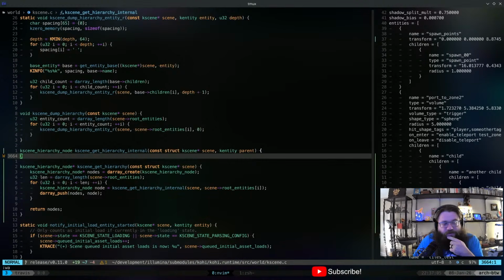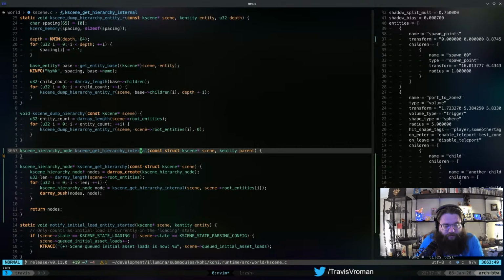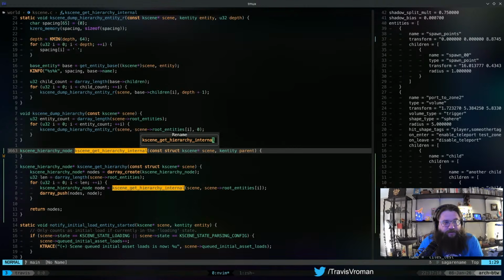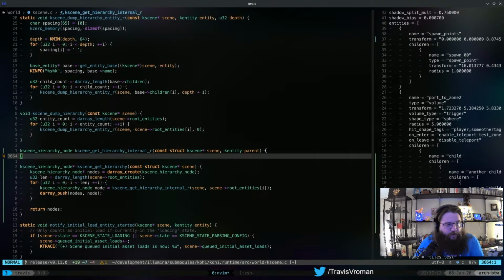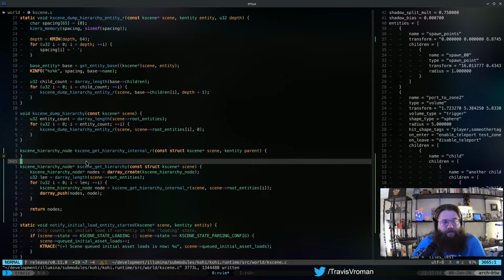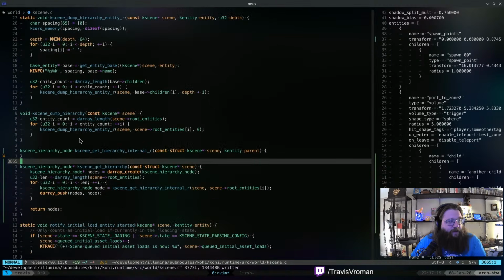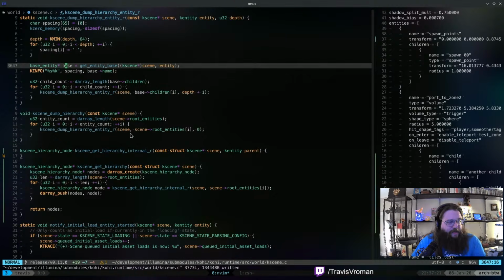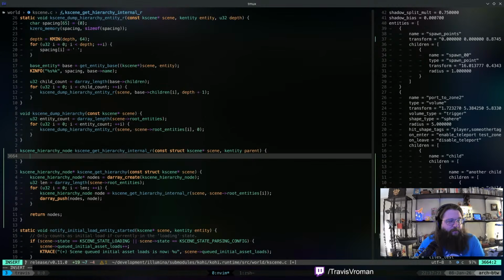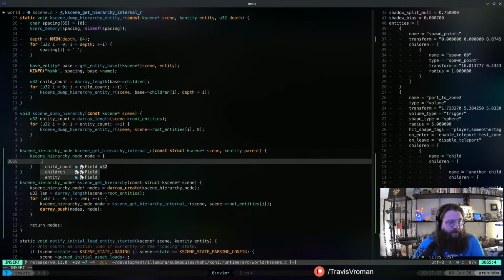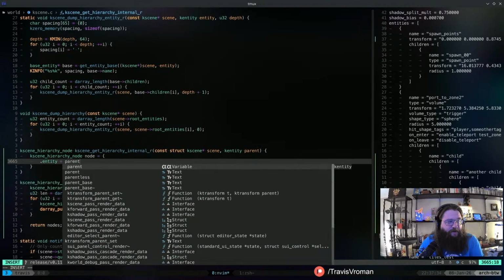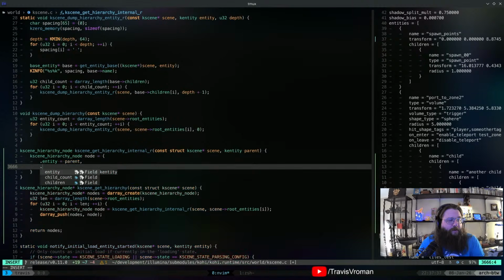And then essentially we're going to do the same thing here. In fact, I need to rename this. I like to do _R for recursive functions, right? Just to kind of make it obvious that that's what that is. Okay, so in this case, we are going to do a K-scene hierarchy node, and we'll just say node, and that's going to be equal to, and we'll set the entity equal to parent,